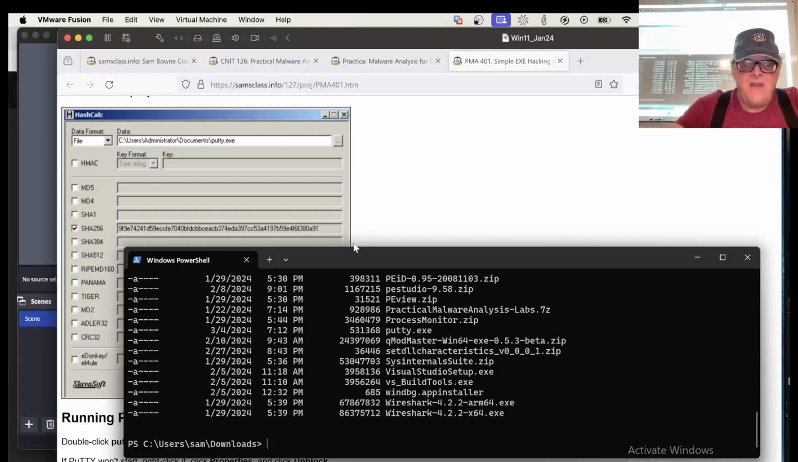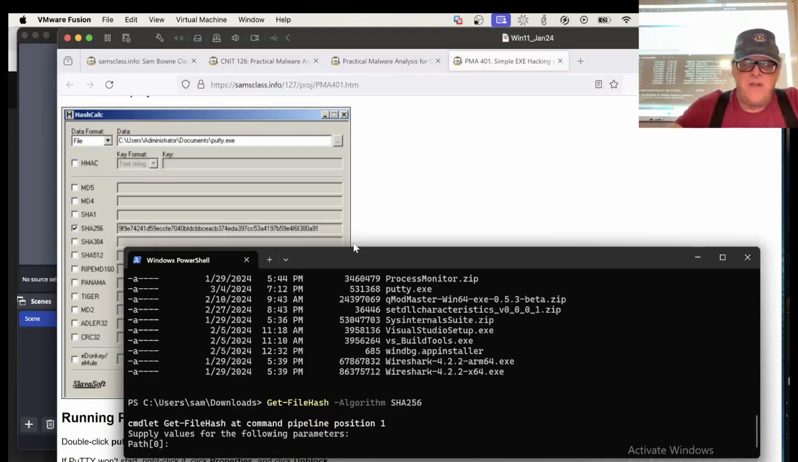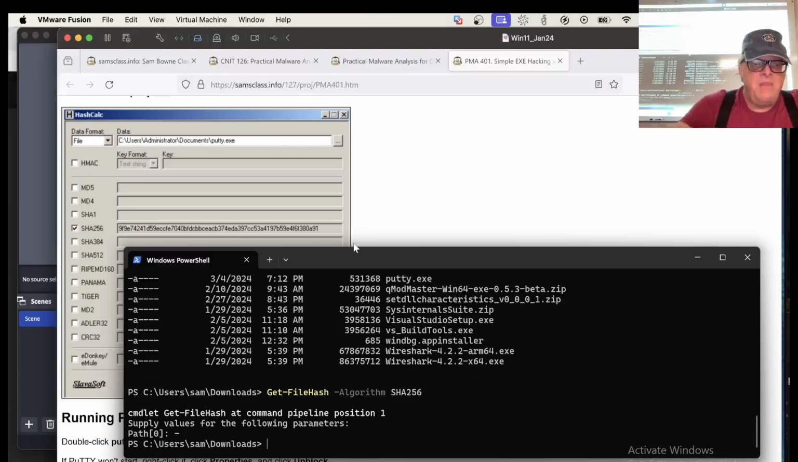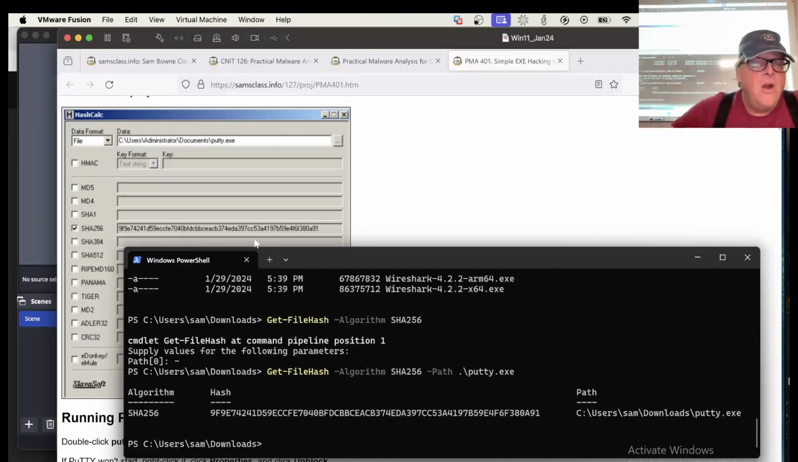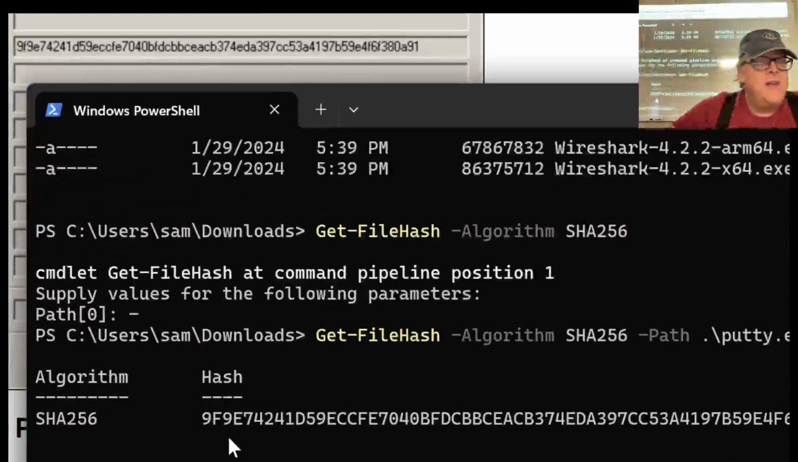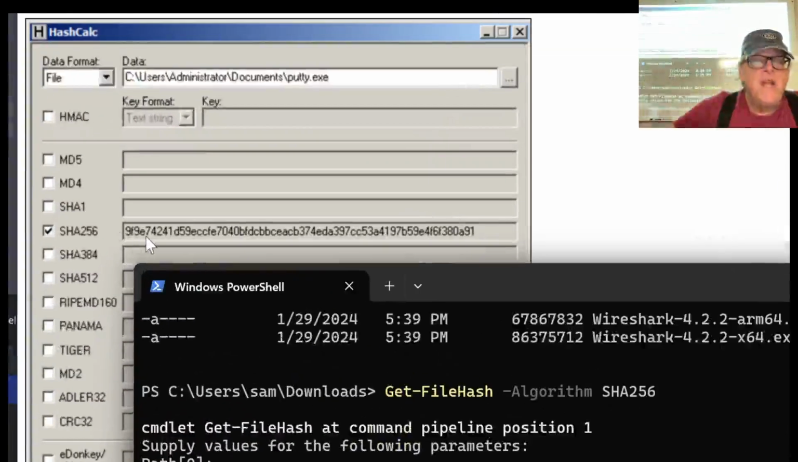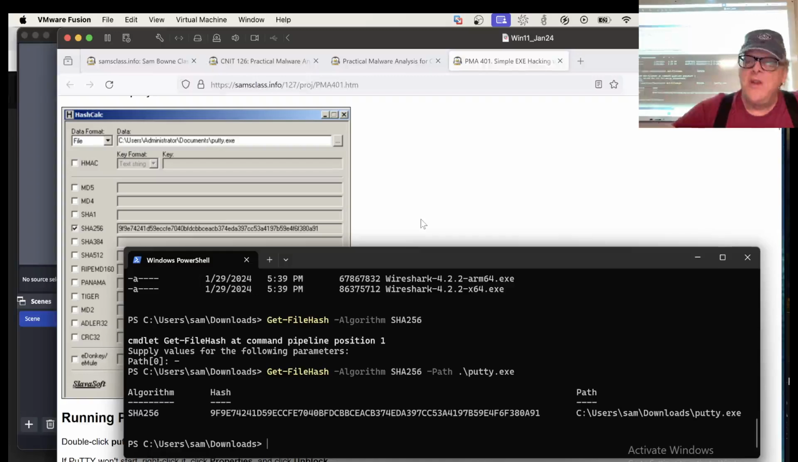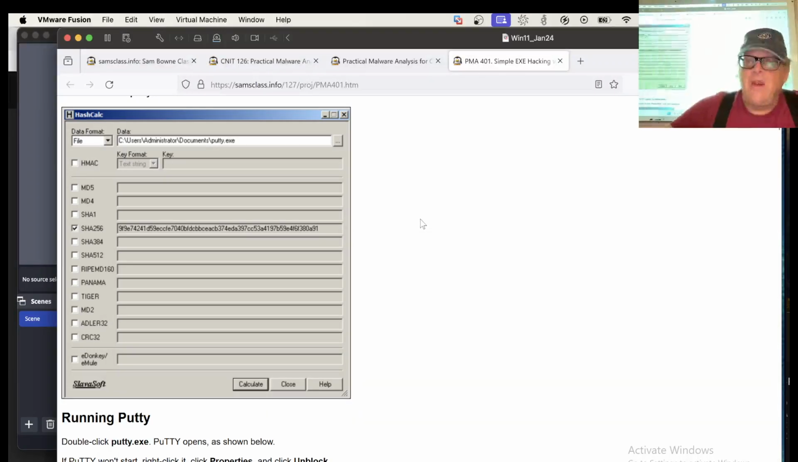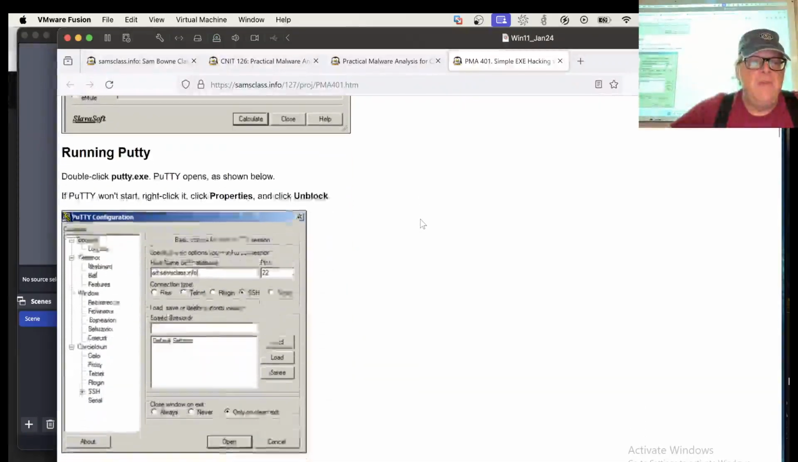So it's Get-FileHash, algorithm SHA-256. Whoa. And path, yes, I must have hit a button. And then path, PuTTY. There. Okay, and it starts with 9F9, and here the right answer is 9F9, so I have the right version of PuTTY. This is a particular old version. I wrote the project using this version, and you want to make sure you're using the same version or things